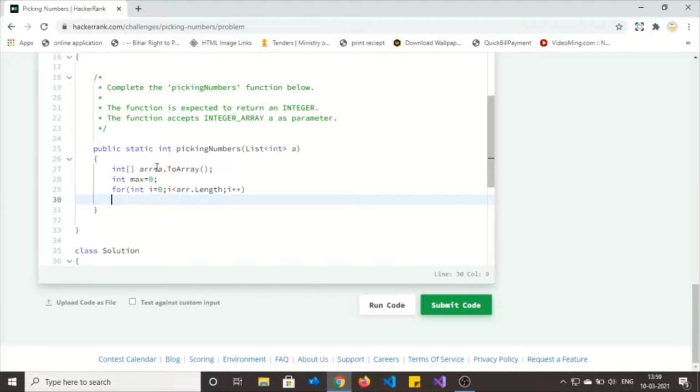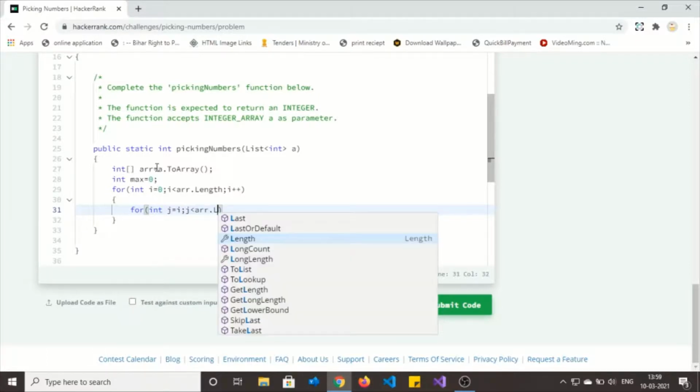For looping through all the elements and comparing, actually we need two loops. So I am creating another loop, whose initial value will be the current value of the parent for loop, okay, and j less than arr dot length and j plus plus.